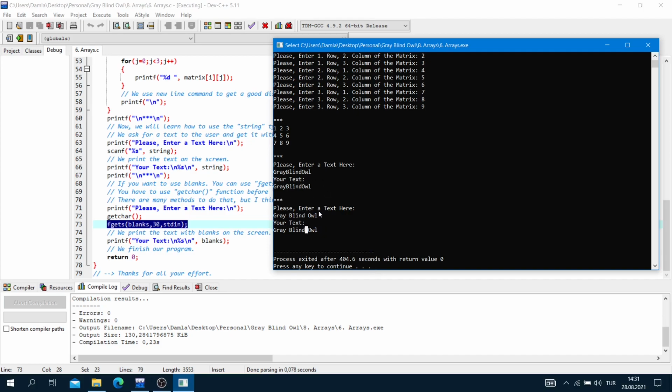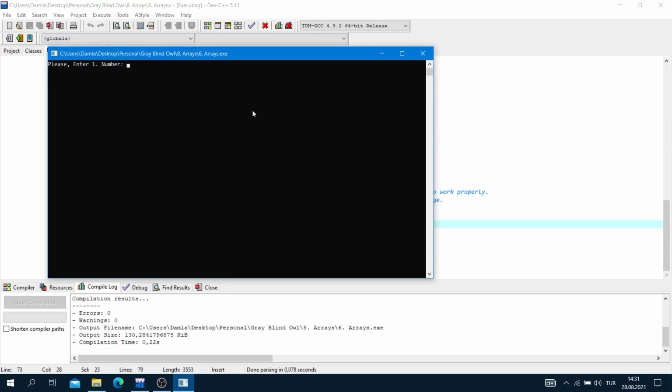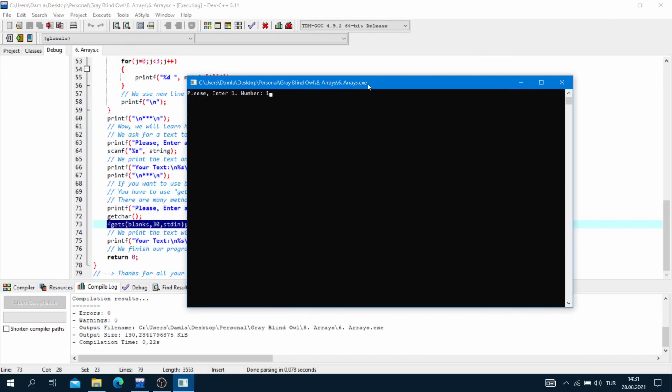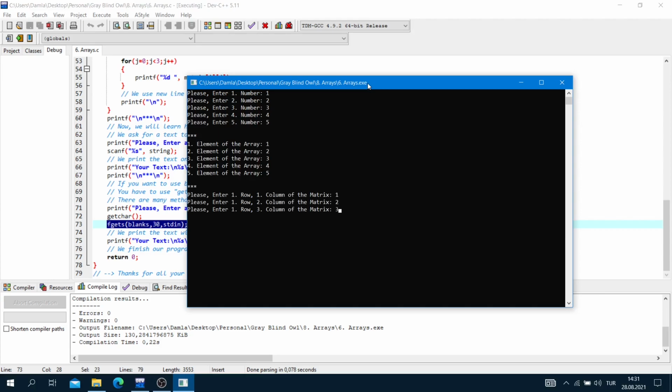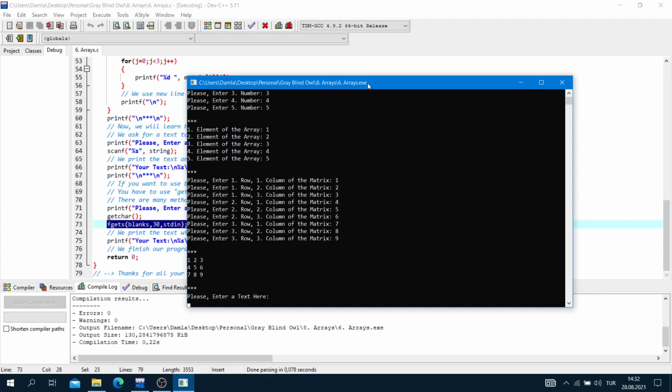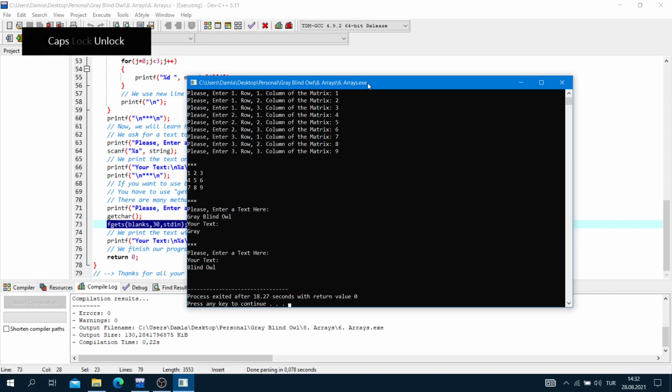Let's try it with the scanf function here. We use some blanks here. I will enter the same text as before: gray, a space, blind, a space, and all.